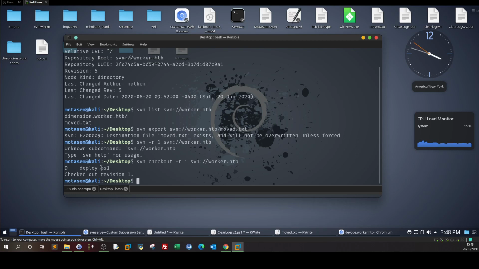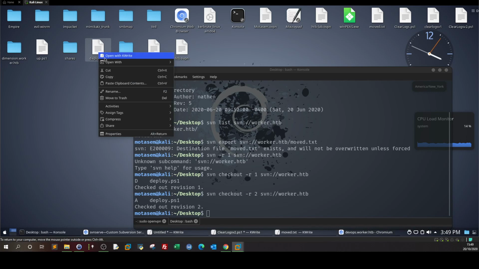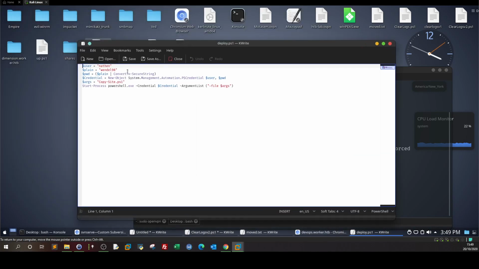So the first revision has deploy.ps1, which is interesting. Second one has the same. So we can find about this. Let's see here. Okay, so this partial script has leaked credentials. That is your first vector. This is the reason why we were able to root the machine. That's the reason, because we found plain text credentials, and you're going to see how these kind of leaks will lead to system compromise. So we have the username,